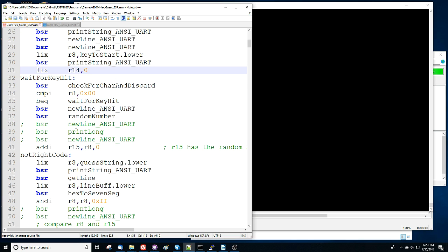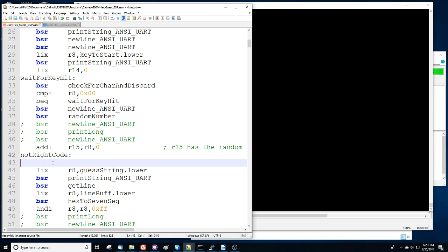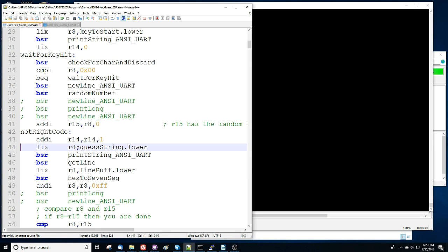After we guessed it not right, we want to increment that counter. We could just increment the counter every single time. It doesn't really matter. So after we get the random number, we can do it probably right here, because that's actually the loop. It's not right, but it's just a loop. So add immediate, R14, R14, and 1. So we have a counter now that does the counting of how many times we got it